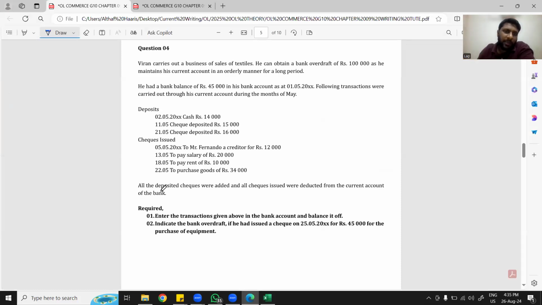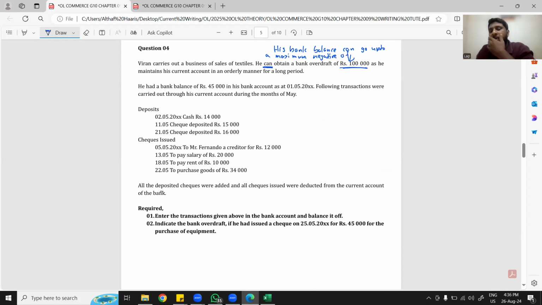Okay. Viran carries out a business of sales of textile. He can obtain a bank overdraft of 100,000. So what's the meaning of this? His bank balance can go up to a maximum negative of